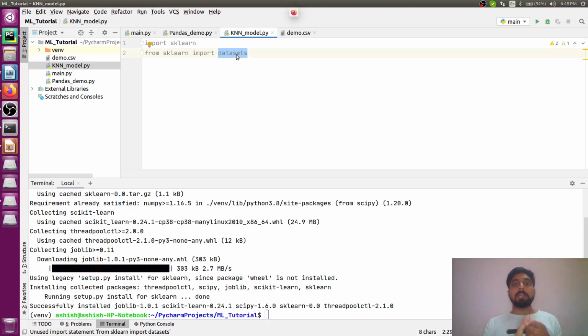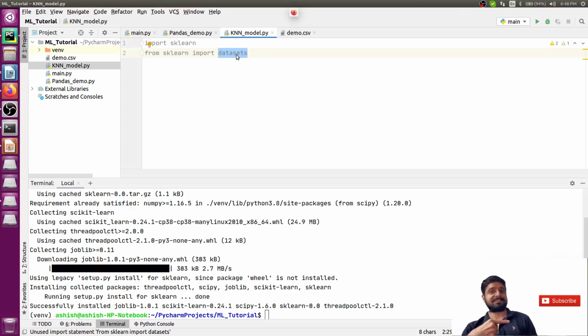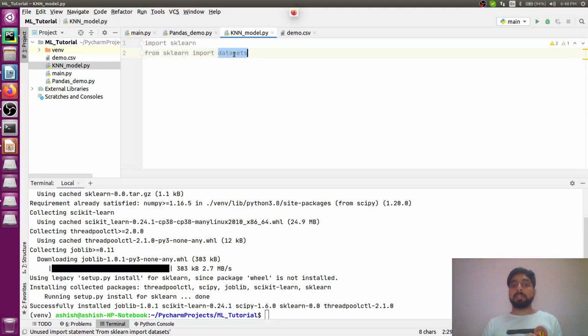Similarly, in supervised learning you have the data, and in that data you have both the input and the output. So firstly, the most important thing is that you must have the data. That's the reason we are importing datasets, and from it I will be calling the data which I will use for the KNN, to demonstrate how the KNN model works and gives you the results.